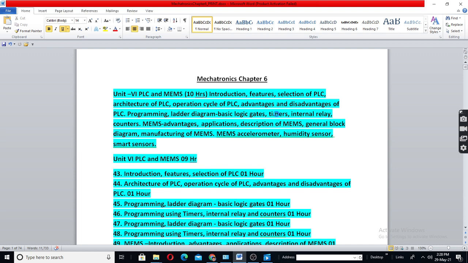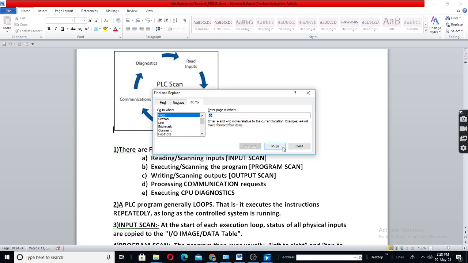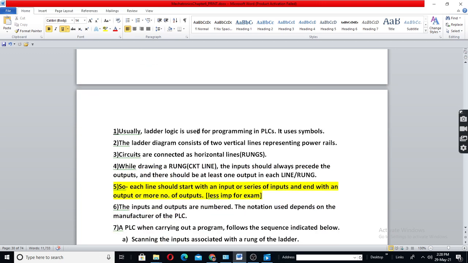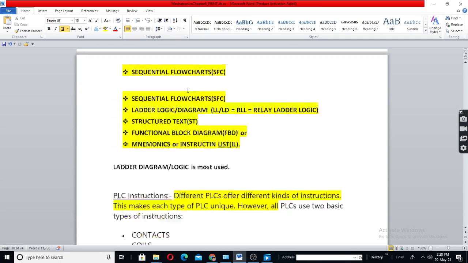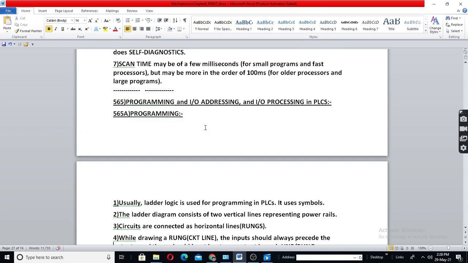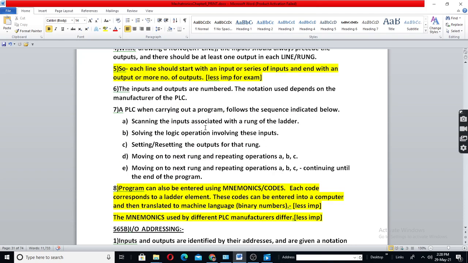I am not sure how important this is. So, in detail now, for programming, different languages are used. Already said there, five types. But ladder diagram is most popular.